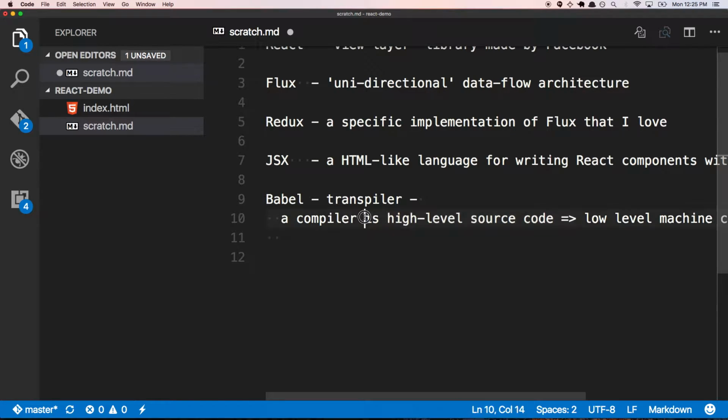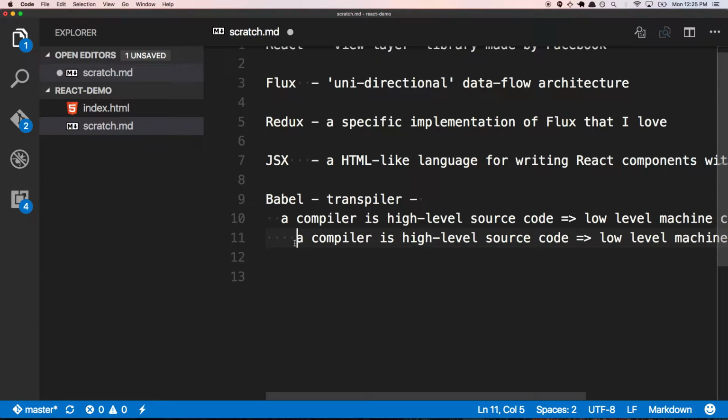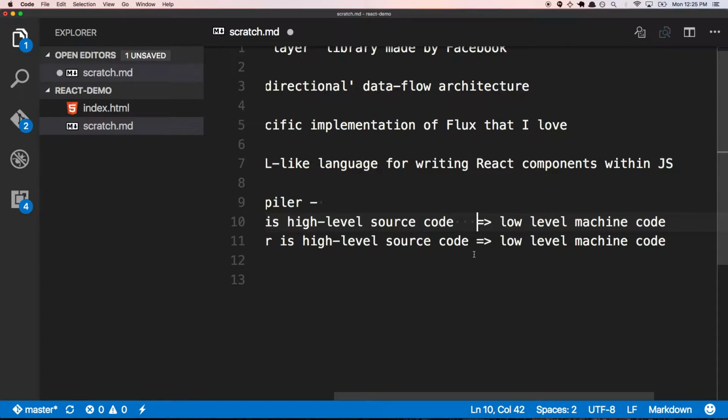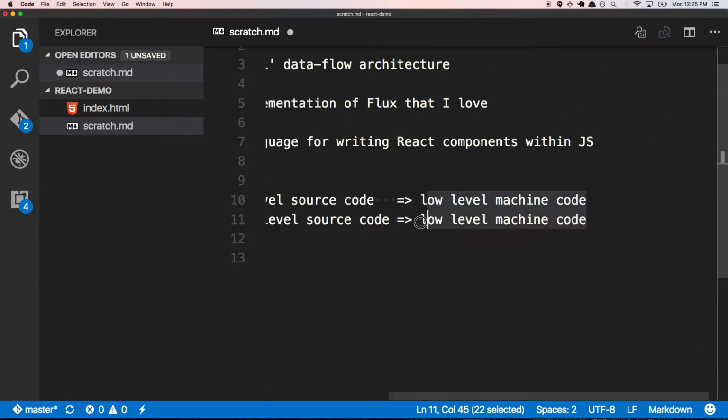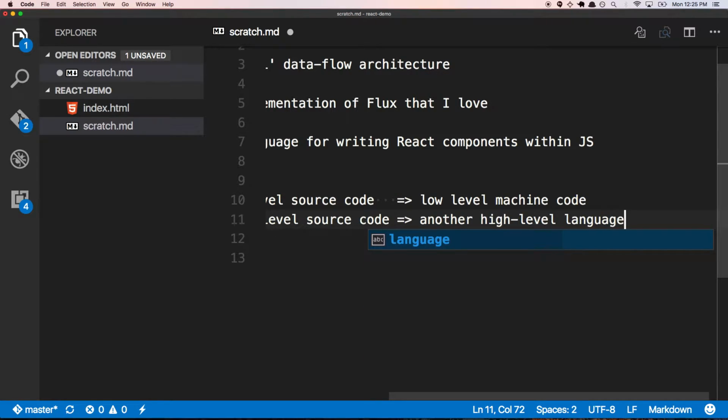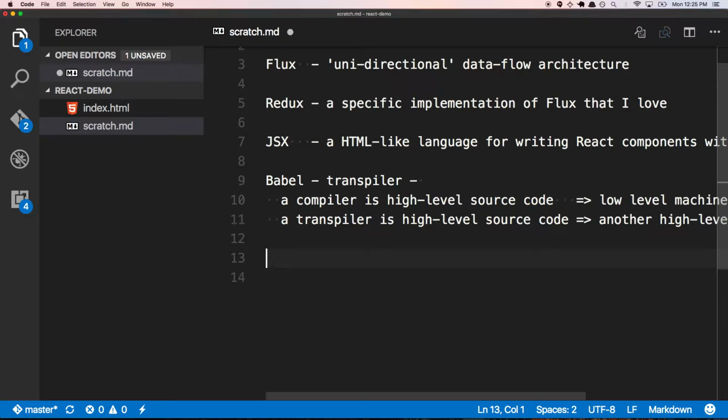So let's copy-paste this. Transpiler. And I guess I will share these definitions. I didn't expect I was going to talk that much about definitions, but I forgot there's all these phrases, and if you just hear them floating around, you're like, why are there so many phrases? A transpiler is high-level source code to another high-level language. So essentially, it's going to take JavaScript with your JSX and turn